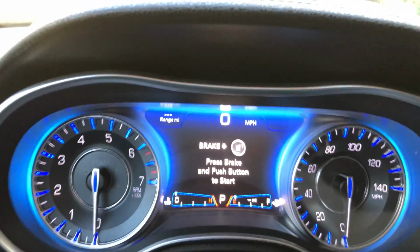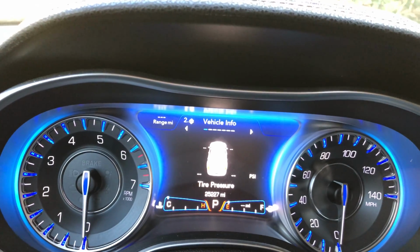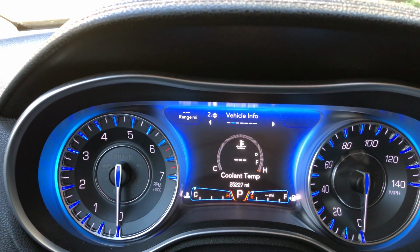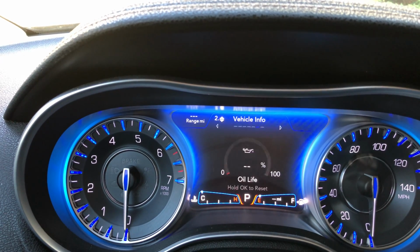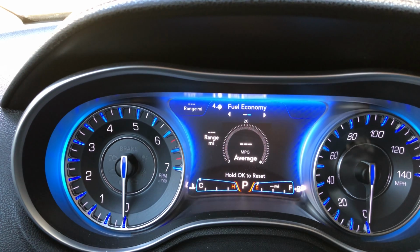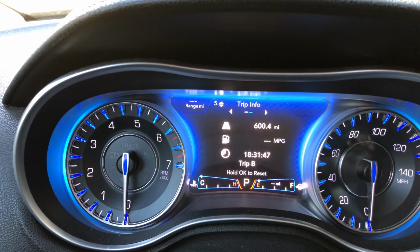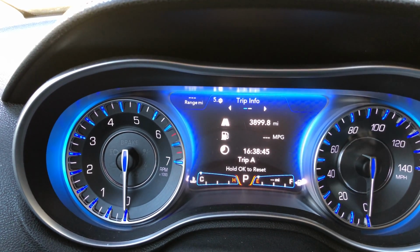here's what the center stack looks like. Obviously you can't see anything as far as mileage or gas goes, or it's off, but you got your tire pressure, you got some other vehicle info. Of course, all these things are not visible while the car's not running, but whatever. Adaptive cruise control and lane sensor off. Fuel economy, which I guess that's current. Here's my trip. Oh, it doesn't have MPG. That's interesting. I guess you can't see MPG at all when you...